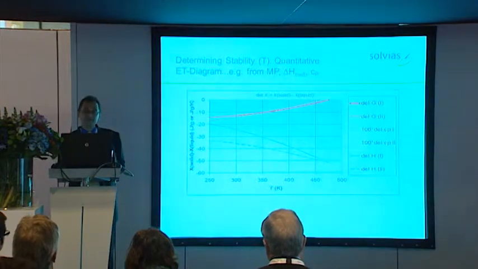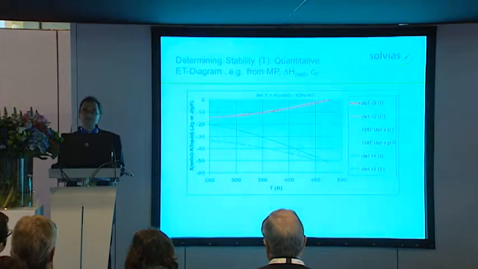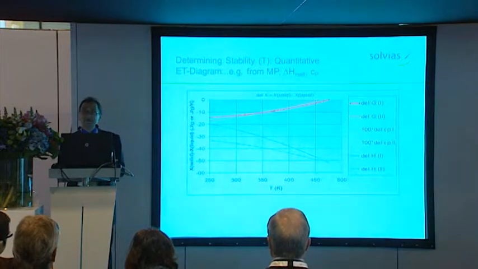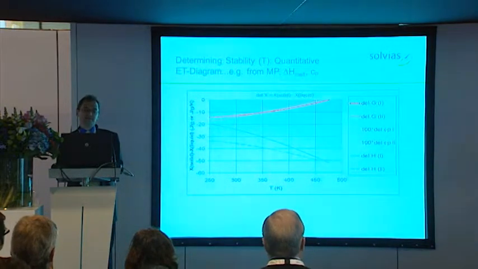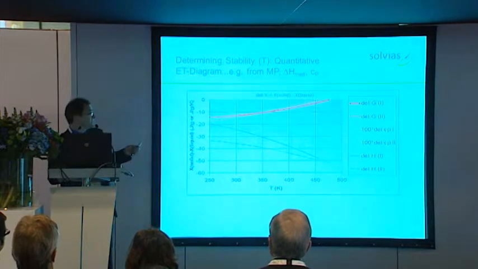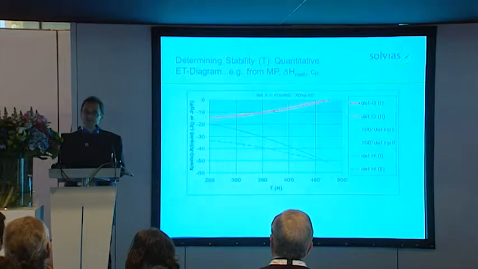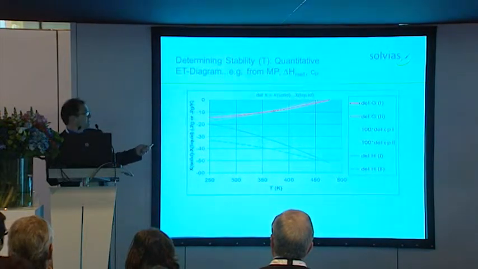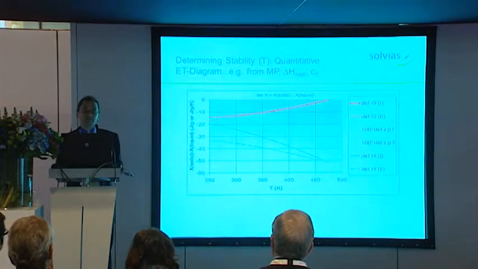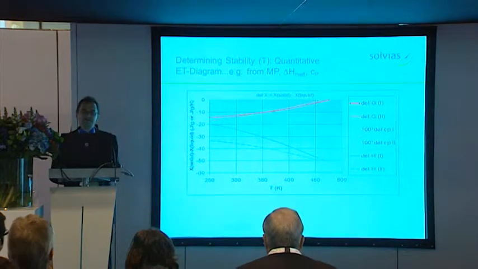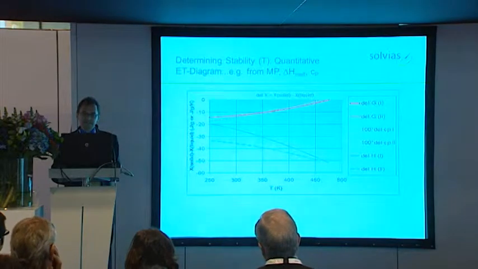So just one example, I mentioned thermodynamic stability. If you have two polymorphs, they can be either monotropic, where one form is more stable than the other at all temperatures, or they can be enantiotropic, where there's a transition temperature. And here is an example where we calculated such a quantitative energy temperature diagram using data that we got from DSC measurements, such as melting points, melting enthalpies, and heat capacities. And what you can see here